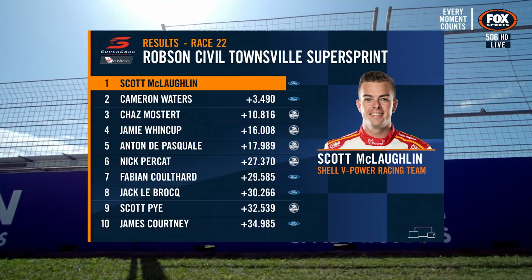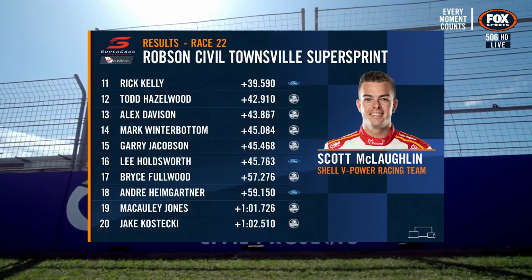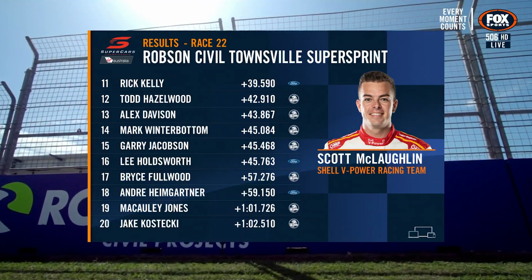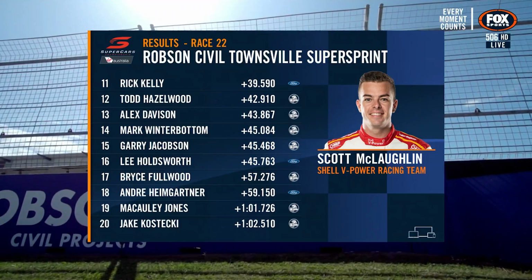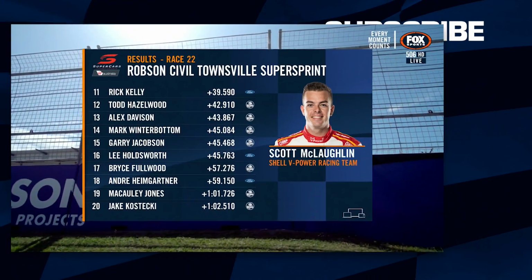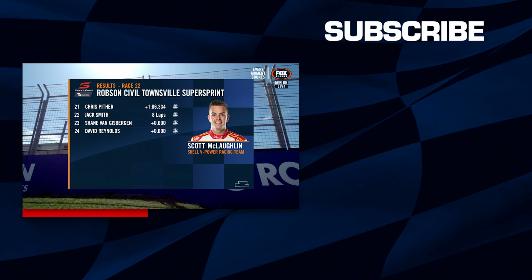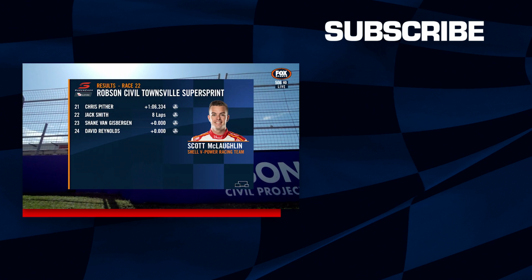Scott Pye, noteworthy performance to be able to get into the top 10. And great recovery here also for Todd Hazelwood when you consider that he was 24th at the end of the first lap, recovered from what was a qualifying 6th. Went to the back of the field, got back to 12th position, and then further afield we had Pither and Smith, and unfortunately back in the pit lane, not classified, no points and frustration. Shane Van Gisbergen too many times this year, and David Reynolds